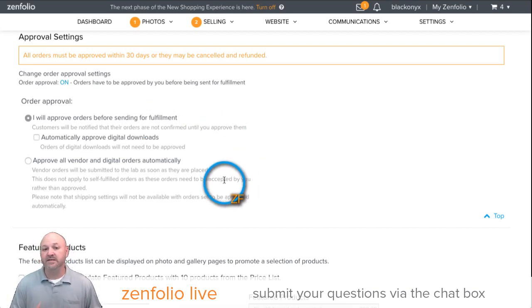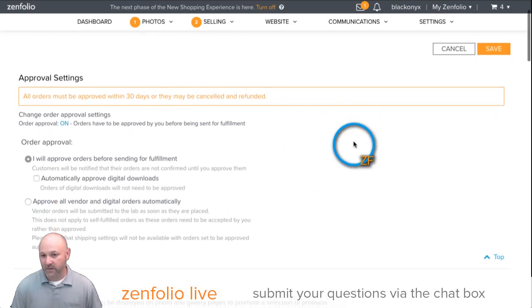Now, even if you've got a strong internet connection and you've uploaded the full resolution files, you can still replace the photos in order approval. So if you don't feel like editing the photos until maybe your clients have chosen their favorites, and then you're only going to edit the ones that they've chosen, you can still replace those in order approval, as long as you have a pro or advanced account. What I would recommend is, once you've done the editing, you just upload them to